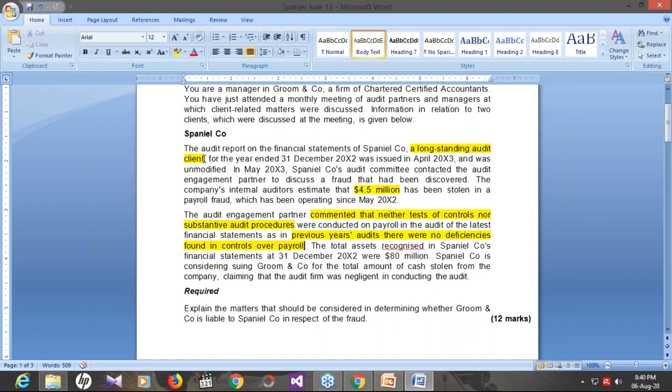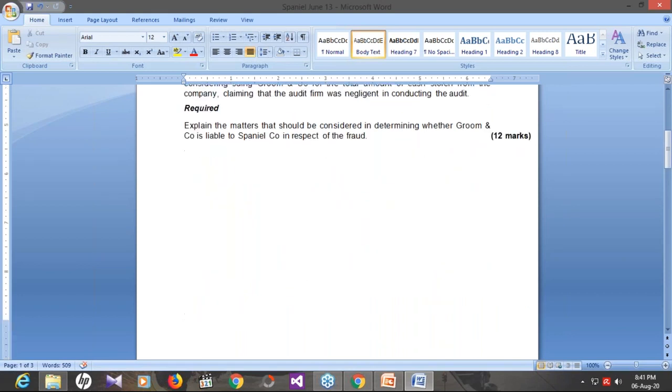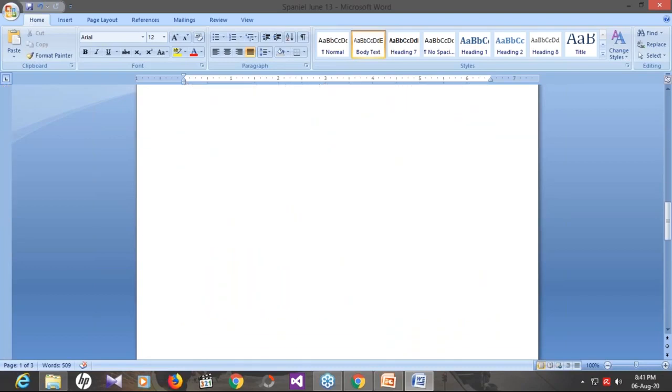Lots of ISAs are involved. You should link your answer with the ISAs. This is a very important point, and this question is not that difficult. This is a very easy question. You should know that if a fraud event has occurred, whether it is material or immaterial, you should report it to the management or the persons charged with governance as well. This is the auditor's responsibility, and you need to consider it as well. So this is how you are going to tackle this question.